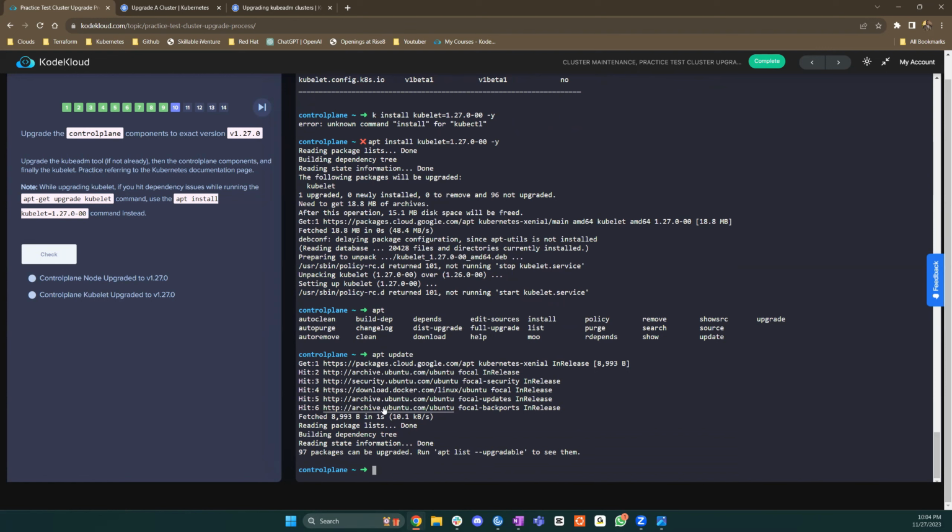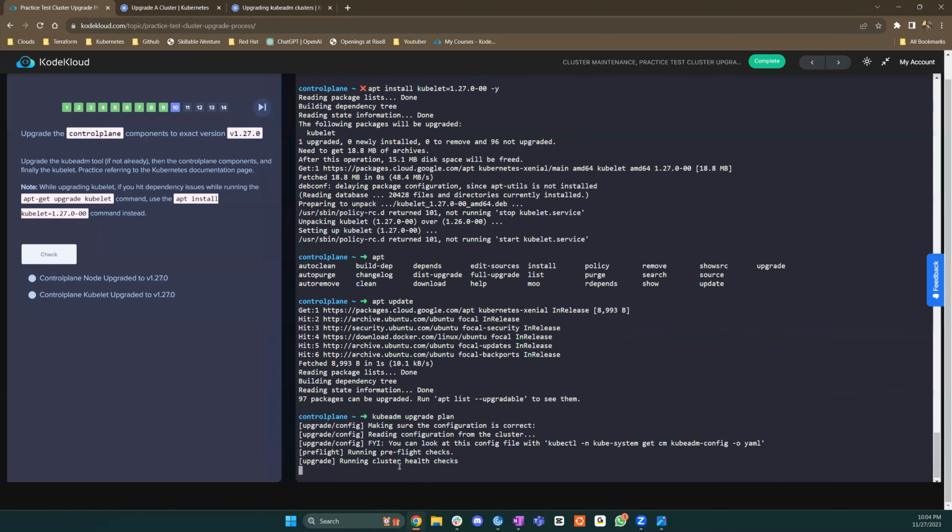But in this case we did not hit that stall, so we are now good to go with 1.27. If we do another kubeadm upgrade plan,